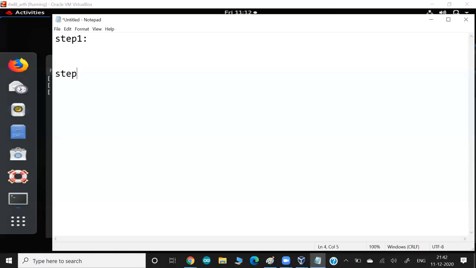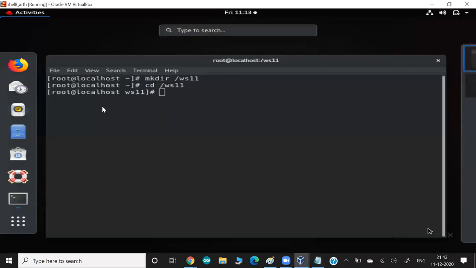Maybe step one you write, step two you write, but your main motto, let's say here, is to configure the web server. This is my main motto. So while configuring the web server, maybe some steps you write in between might sometimes be useful, but may not be so critical for the configuration of the web server. What I mean by this, for example, what I'm going to do here,